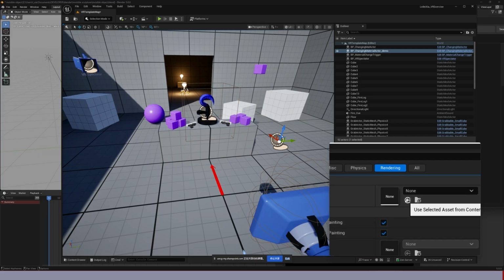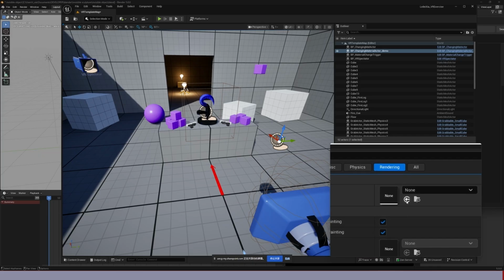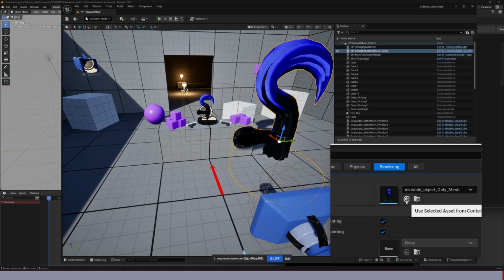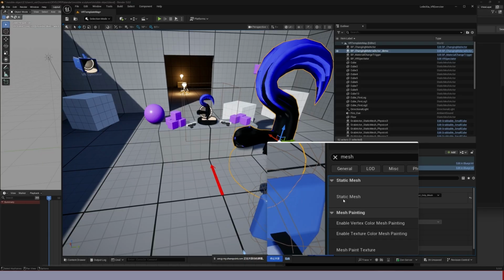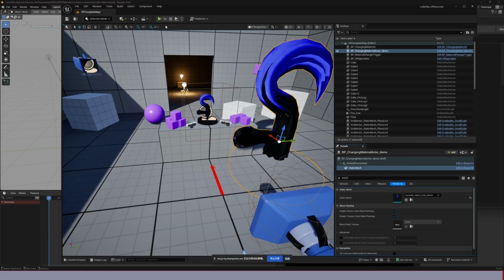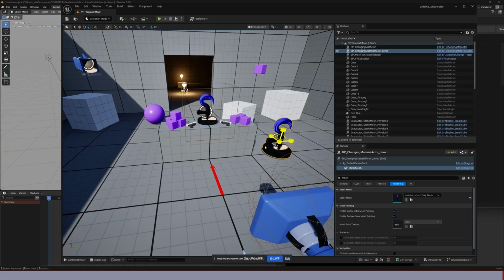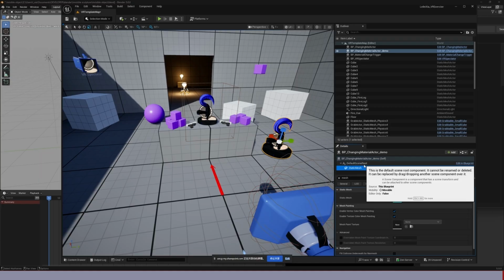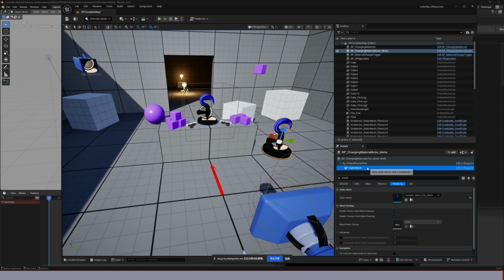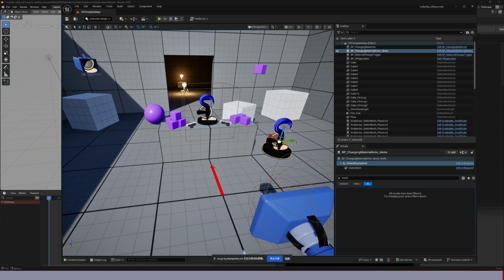Use selected assets from content browser, and then you click it. It will automatically replace the static mesh with the one that's in the content browser. And then you can still scale it accordingly. And notice that the location and scale of this static mesh is in relation to the default scene root. So basically, you can still move the scene root,